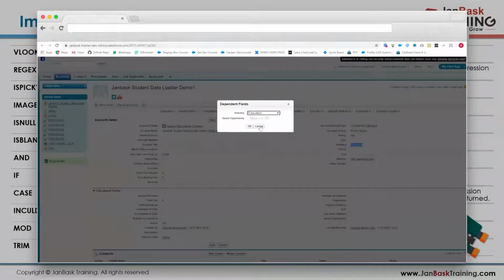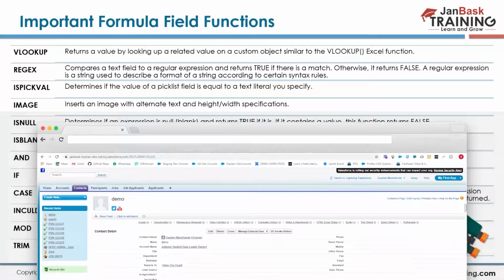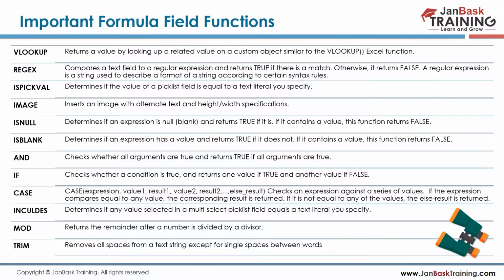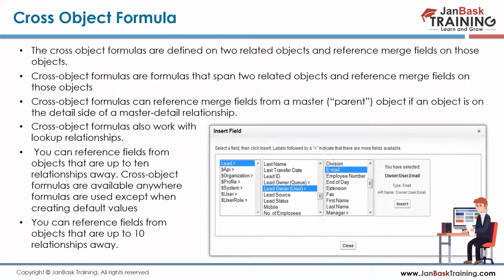So you just need to be aware of, and be confident of, whenever you're writing a formula. And the more you practice, the more comfortable you get with the formula writing part. As I told you, we have relationships and we want some information to be passed. For example, contact is associated to account and I want to see the account industry on the contact record.